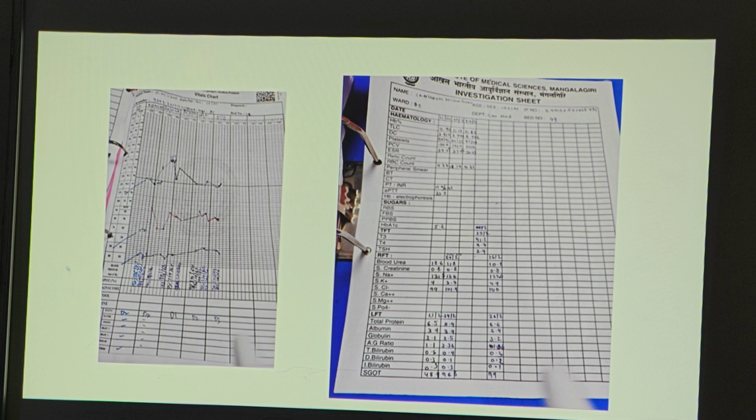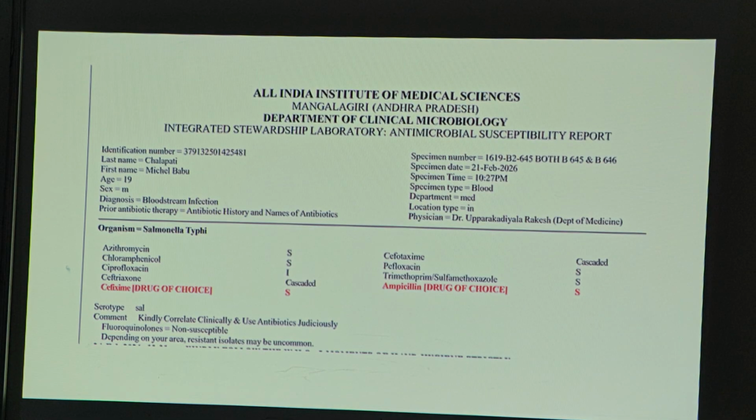For the AFI, the tropical illness panel, blood culture, everything they sent. The patient had vomiting, and diarrhea only for 1 to 2 days. After admission, there were no further episodes. From blood culture, we got Salmonella typhi, from both samples. I particularly took this case because cefixime is written as the drug of choice, ceftriaxone is susceptible in this, and ampicillin is also susceptible.